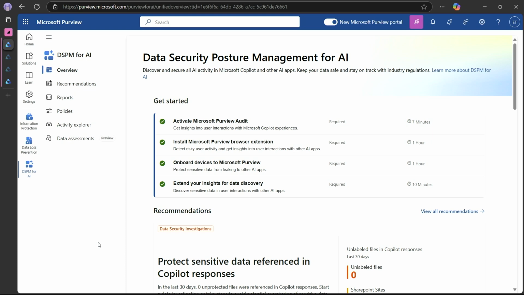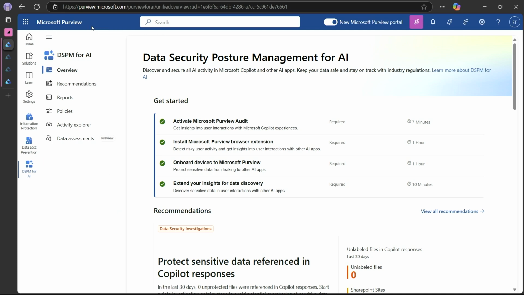First, you can use retention and deletion policies to decide if these prompts even exist in your tenant long-term. Then we can use some new tools to do some analysis on those prompts to surface any potential risks so you can take action. This week, we announced the general availability of Data Security Posture Management for AI, which is